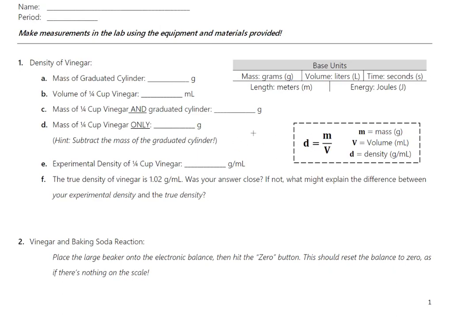Okay, so this is what our lab looks like. So we can throw our data in here. We've got our base units over here. We've got the equation for density over here, and it kind of shows what units go with it. So, for example, the mass of the graduated cylinder they had was around